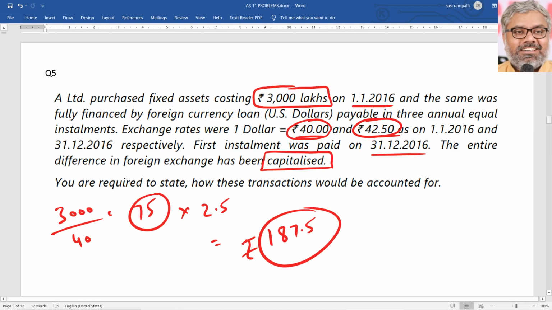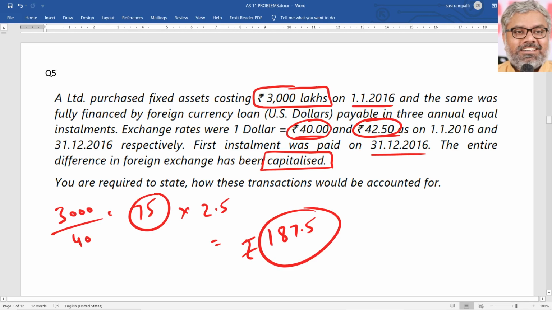Of course, this FCMITD will not remain constant; it will keep changing year after year. Accordingly, for the remaining period of years, it will be amortized. As of now, the 187.5 lakhs is a loss already recognized, and that will be amortized over a period of 3 years. Since 1 year has already passed, we can amortize 1 installment of FCMITD. Of course, that recognition happens through the P&L account only. Amortization means through the P&L account only.